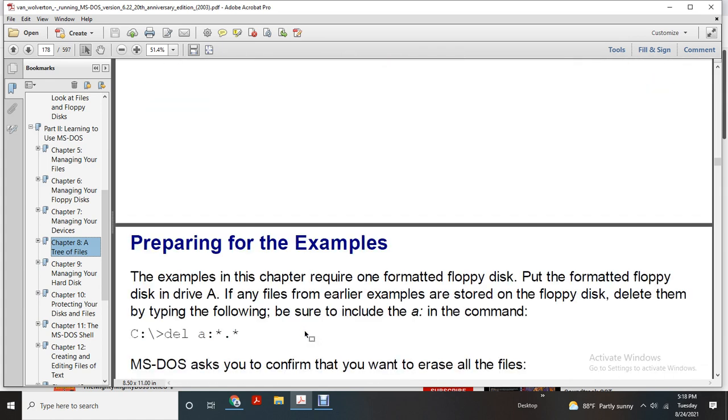Preparing. For example, the exercise requires only a formatted floppy disk. Put the formatted floppy disk in the drive, and make sure no example files or other files are stored on the floppy disk. Type the following: be sure the A drive is specified in the command, A drive, not the C drive, delete A drive,